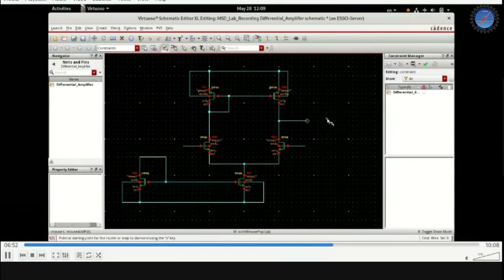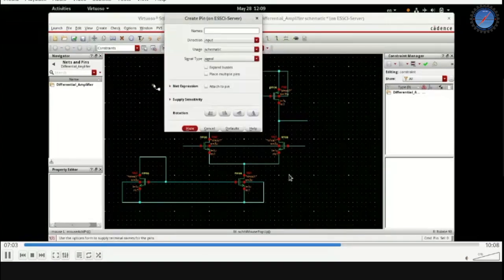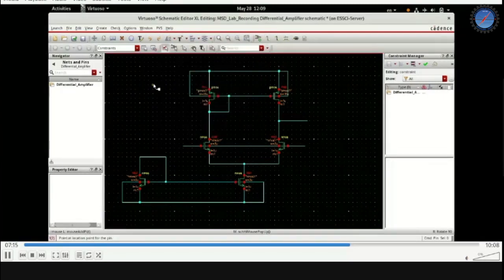I guess now we are ready to define the pins. Oh, okay, so one more body terminal connection is missing. So do that connection. And this wire which I just connected has to be given to VSS. Now we will define the pin connections. So IDC, the input bias current, then VCC, VSS, V1 and V2 for the two inputs.